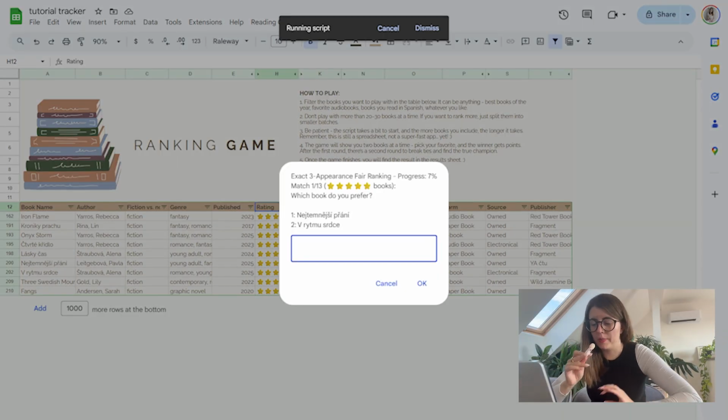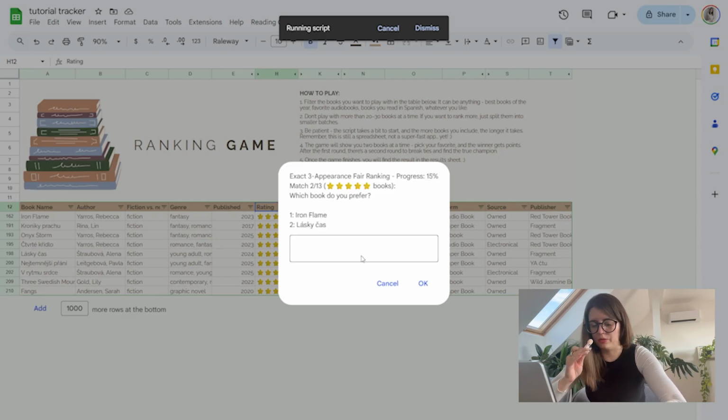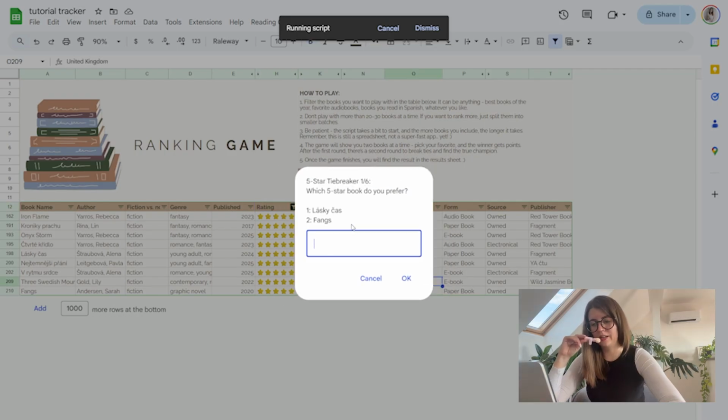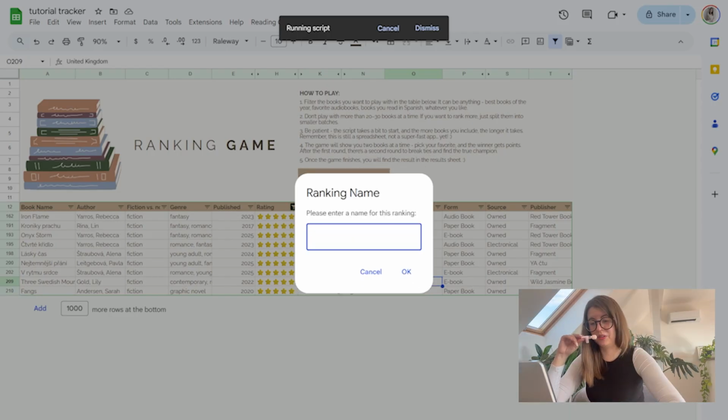So you'll get this pop-up with two books that you filtered in there. And you choose the one you like. If it's the first one, you write 1. If it's the second one, you type 2. I will just go through this randomly. I read lots of books from my friends, so please don't be mad. I'm not really thinking about this. If there's a tie, then there will be a second round of these so that you can determine the proper ranking from all the 3. I'll name it